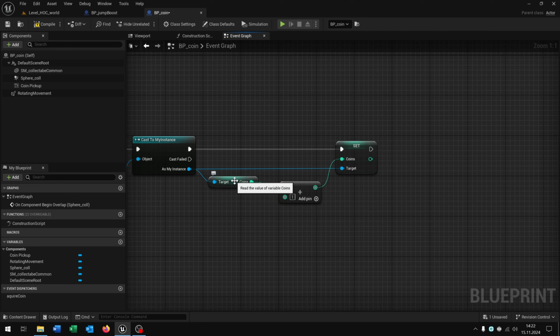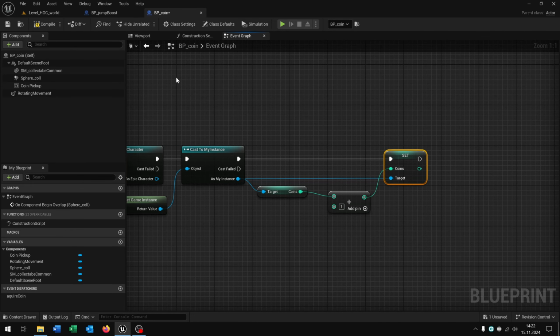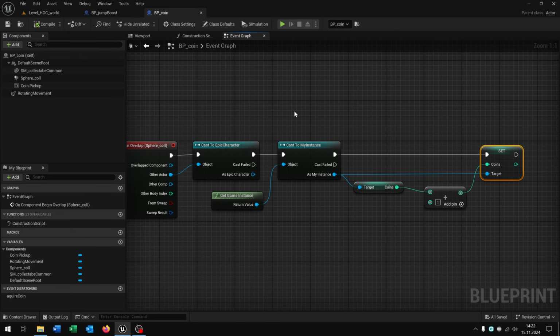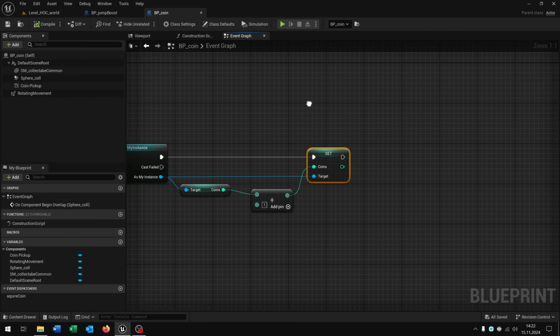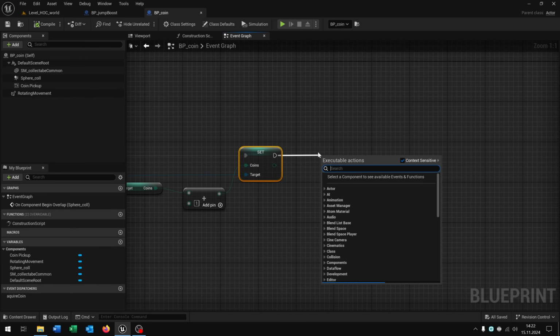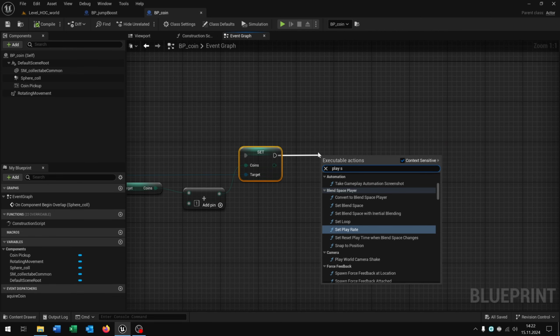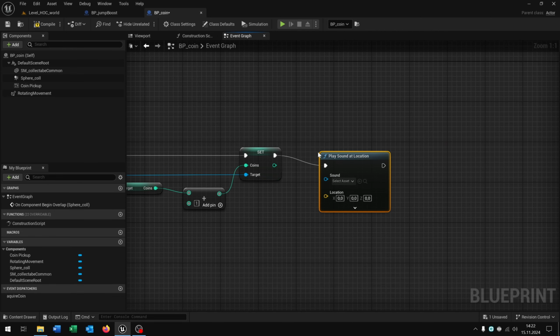So we get the current amount of the coins, add it with 1 and set it to the new amount of coins. So we count it up every time we collect a coin. And since the coins are duplicated inside the world, this will count for every coin that we placed in the world. And at the end, we want to play a sound, add location,